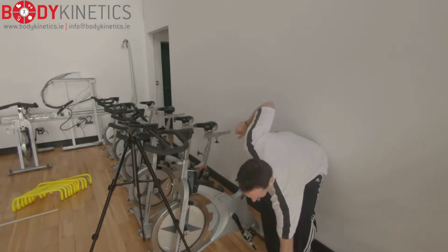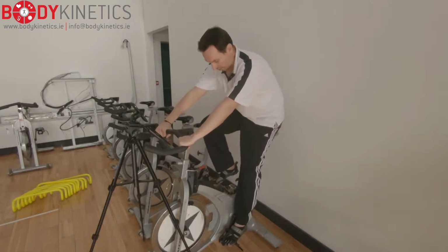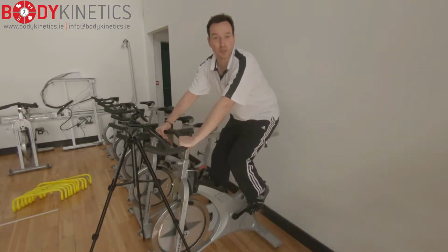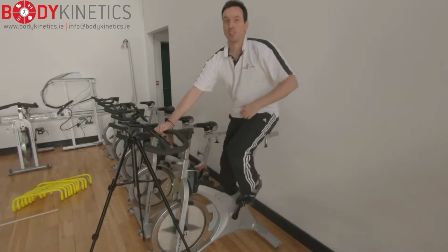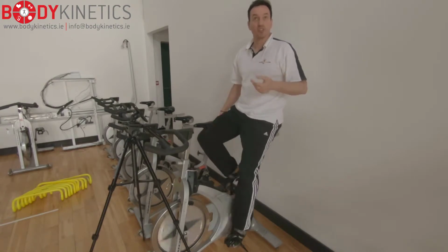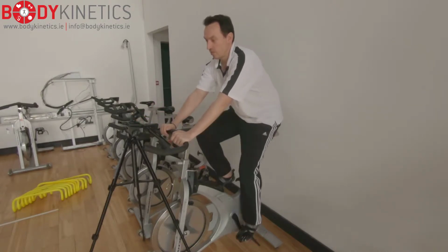How's it, everybody? Leon here. So just doing a quick testing of a few bits of equipment here at the moment, and the program that I'm going to start doing is part of my cardiac rehabilitation group. Now I've got the video playing there, and I've got my heart rate strapped on me, so I'm just going to do this for a little bit just so I can check and test out